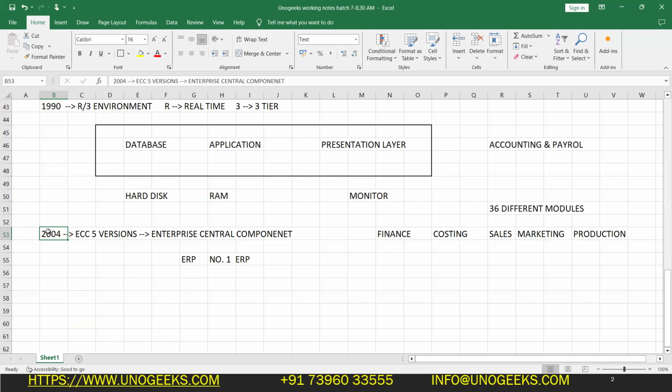ECC 6. So what is ECC? ECC is nothing but Enterprise Central Component. And one more thing, what is the disadvantage here? As I said, we have a database layer, an application layer, and a presentation layer. Here, the database layer, till 2013,